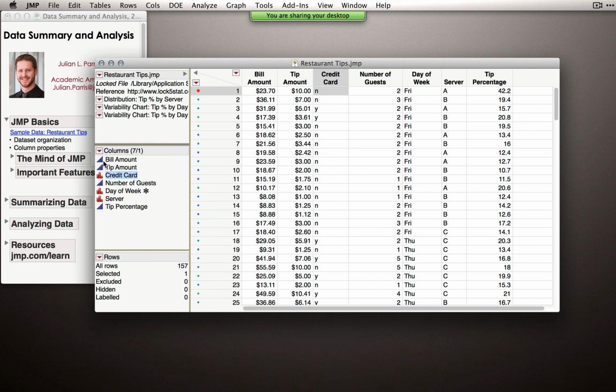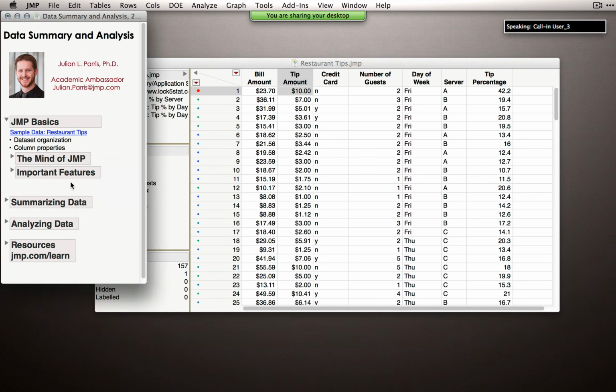1s and 0s are numbers. JMP doesn't know that those are just categories. So that's a situation where you want to click on that variable and set it to be a nominal modeling type. All right, so now with the basic sort of structure of JMP, let's get to something I think is